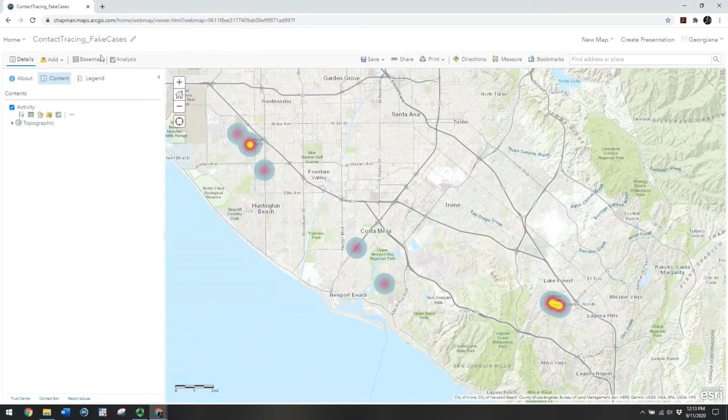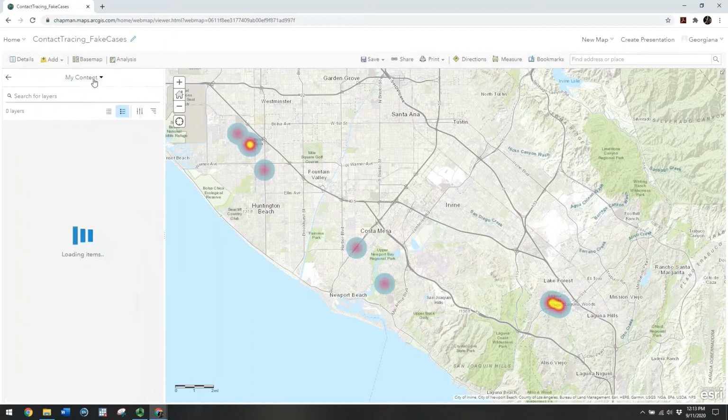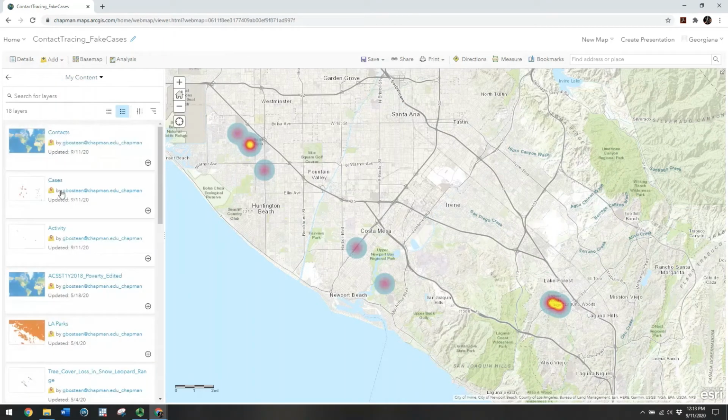And once we open up our Contact Tracing Fake Cases, now we can add the two layers that we created from contacts and cases. So we're going to go to Add and then search for layers. That's going to allow us to look in My Content. Now up here, if it doesn't default to My Content, make sure you select My Content, and you should see the things that you've just uploaded, contacts and cases. So we'll add both of those. You can add them by clicking the plus sign,